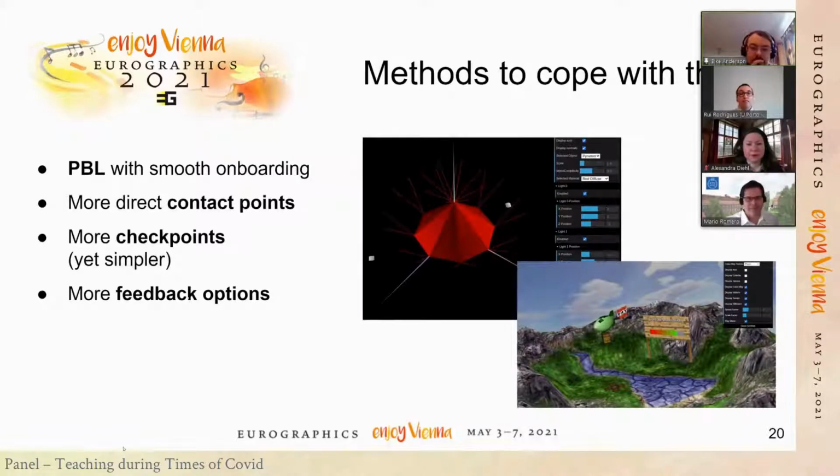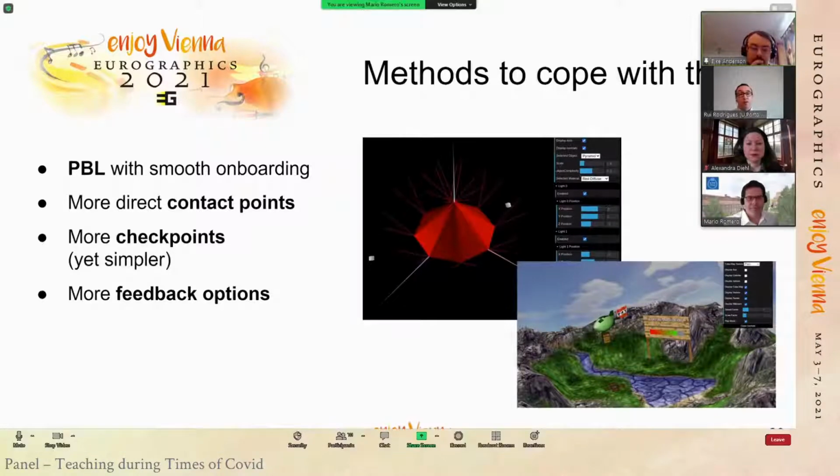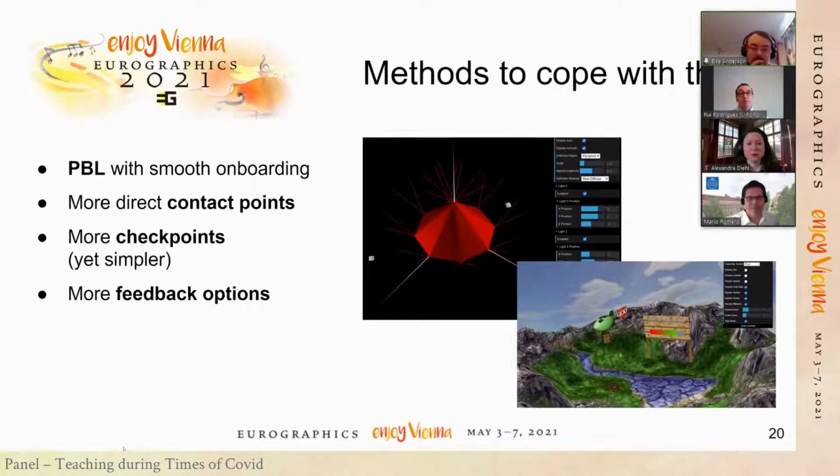Also try to add some more checkpoints so that we could check them with finer granularity, but also make them simpler so that it wouldn't have an overload, and also provide them some more feedback options to give us feedback about the process and try to improve it continuously. And so to support that,